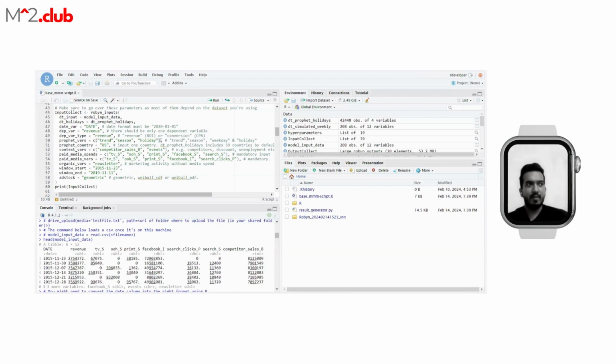One thing you need to remember, actually two things. The Prophet variables, when you mention them, are modeled for the whole data that you give. So if you're giving 4 years of data in your model input data, these variables would be modeled for that whole data. You can't specify a window for them. But anything else, like the media variables and non-media variables, would be modeled only for the modeling window period that we mentioned. And the other thing is